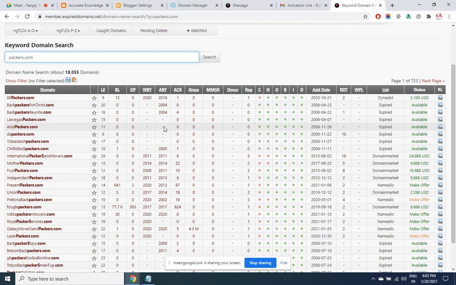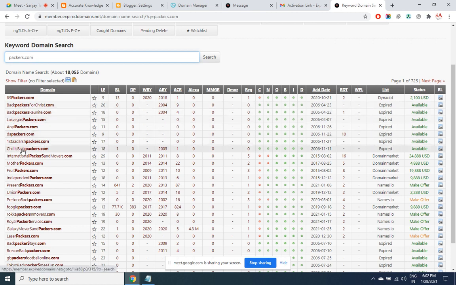Zero, no one has got it. Even Facebook will show 1. So a minimum spam score of 1 will be there for every domain, but anything less than 3 can be easily purchased without any harm to our SEO work. So the backlinks should be there, the domain should be available, the age should be old, and it should not be spam. Later we'll understand what the other figures mean.